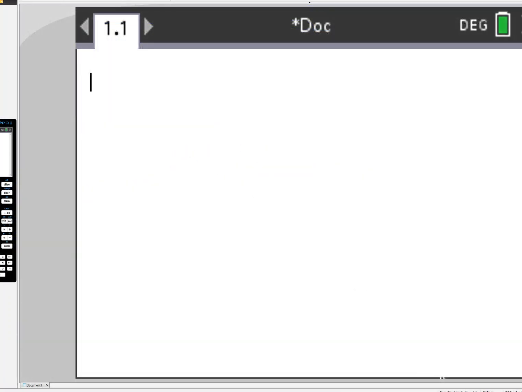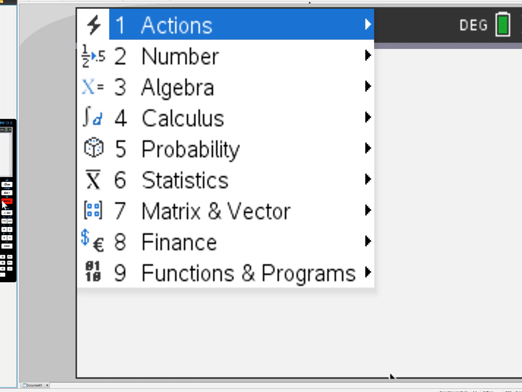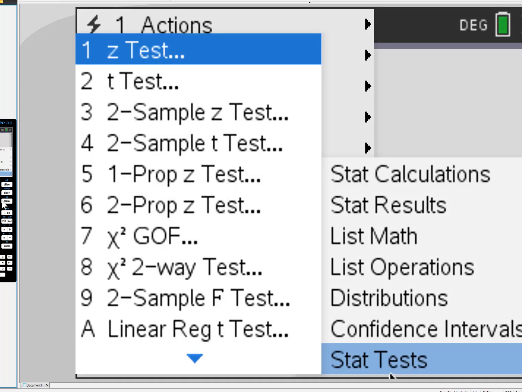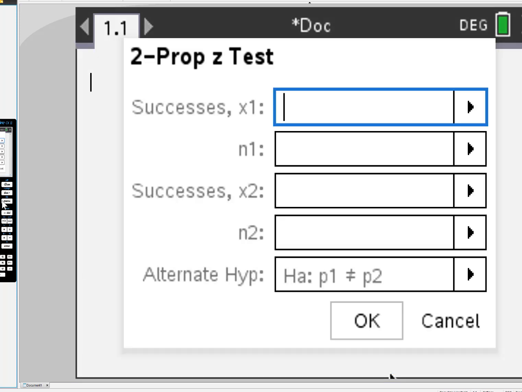So most online calculators are going to behave the same way. It's going to have the same input. So let's go ahead and see how we can find it here. Again, on our calculator page, we go into our menu, and then we want to choose option number 6, stats, and then we choose number 7, this time stat tests, and we want to pay attention to which choice we want, and we know we're working with 2 proportions, so we choose a 2-prop z-test number 6 this time.